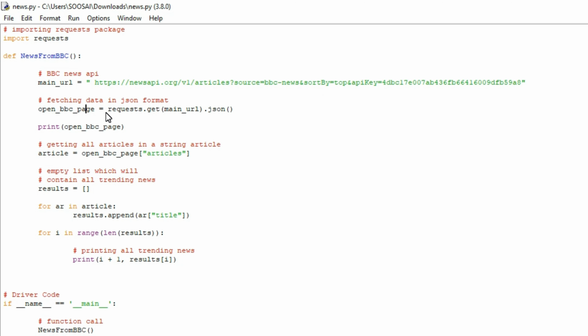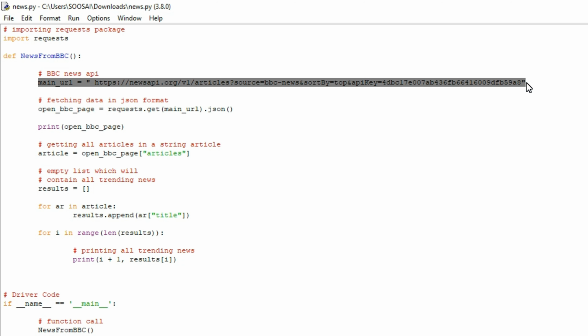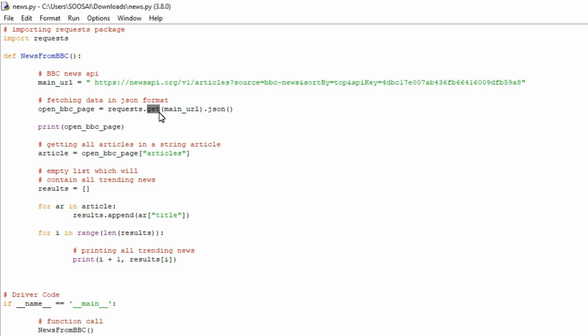Here I'm using one function called .get from the requests library. The reason I'm using this .get function is that it will send a GET request to the particular URL. So you can see this is the URL, and it will send one GET request to this website. Once the website accepts that GET request, we can access that website, and also get the source code of the website, only if the website accepts that GET request. So to send the GET request, we are using this function.